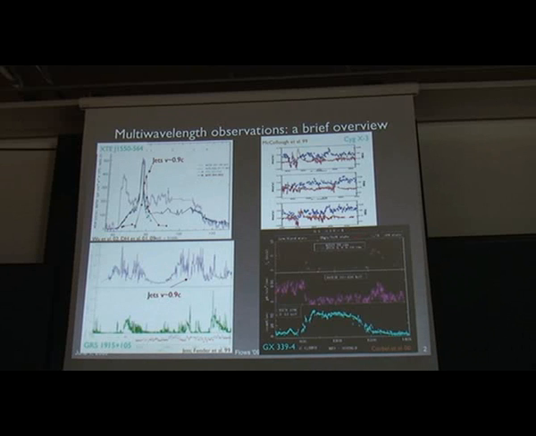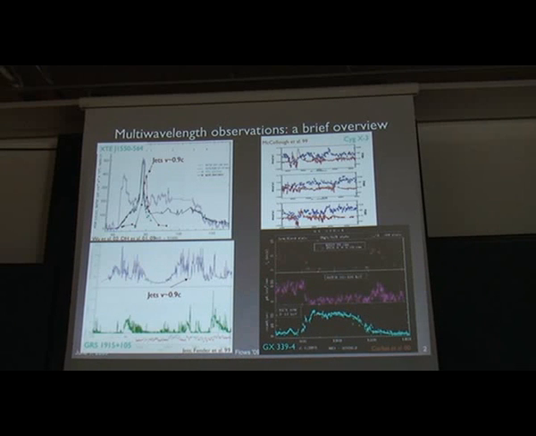Cygnus X-3 I shall talk about a little bit later on. Cygnus X-3, we also see complicated relationships between the radio here in the red and the hard X-rays in the blue. Then Stefan talked extensively about this source, GX 339-4, this morning, where you can see very clearly the state changes. This top panel is the radio, the middle panel is the hard X-rays, and the bottom panel is the soft X-rays.